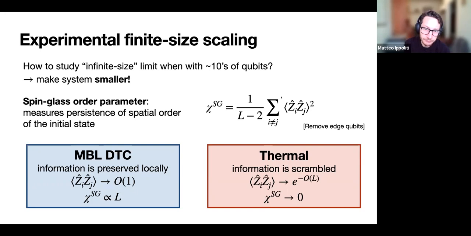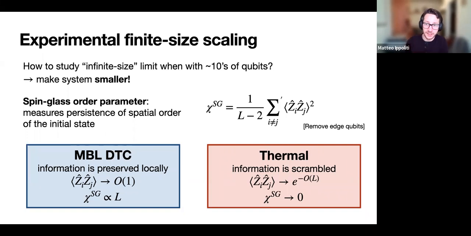So here, a trick one can use when it's not possible to make the system bigger is to simply make it smaller, doing so in a strategic way, and measure something that should exhibit some expected scaling with the size of the system that points to the stability or instability of the phase you're seeing. So what we'll look at here is this so-called spin glass order parameter, which is nothing but this sum of 2-point correlation functions, Zi, Zj, squared. And the square is important because